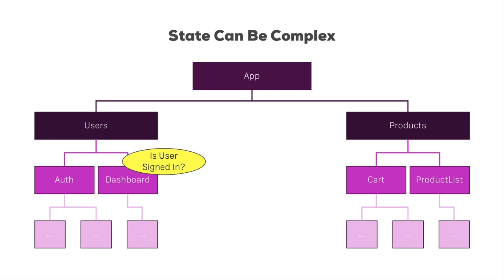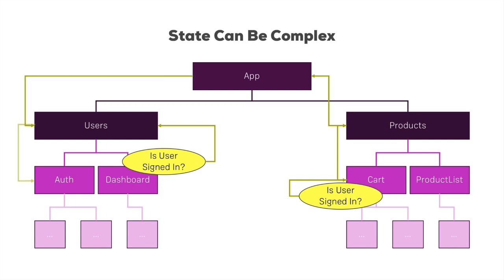Now checking that isn't too difficult because we're probably managing the authentication status in the auth component over there. The problem now is, what if we also need that information in a totally different area of our app, like in the Burger Builder, where we need ingredients in a totally different area of the app, in the checkout. If we need information there, we somehow have to create a connection between the auth component and our cart component here. Well, that is super complex and a very long chain of props or query params or however we manage